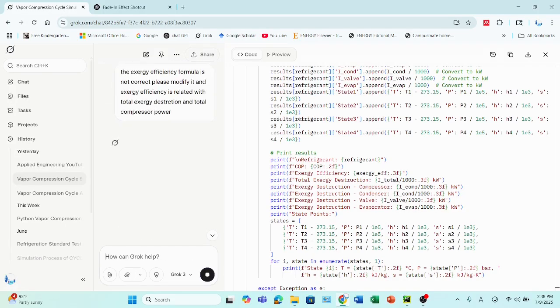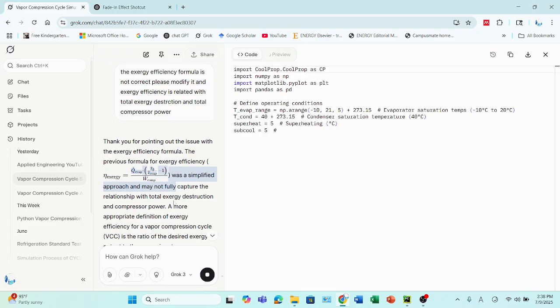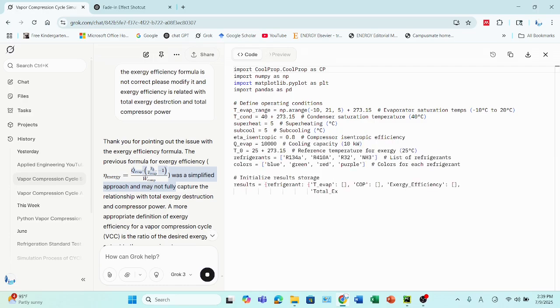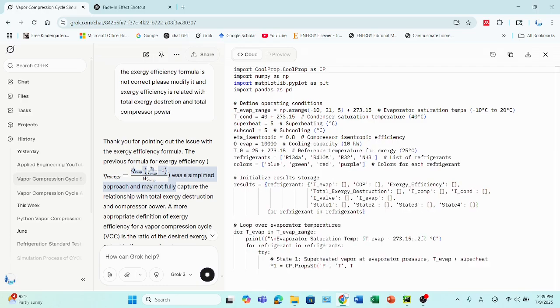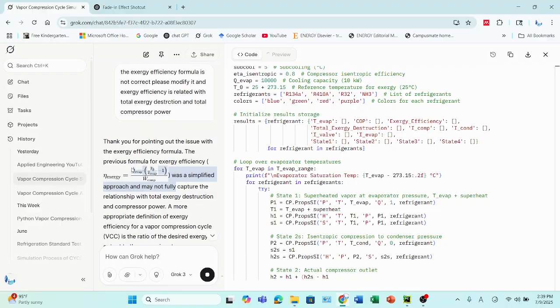So now it will modify the exergy efficiency formula. Here it is saying that this is not capturing the full picture, because you are calculating the total exergy destruction. The point behind calculating the exergy destruction of all the components is to calculate the exergy efficiency, whereas it was using only the evaporator parameters for calculating this